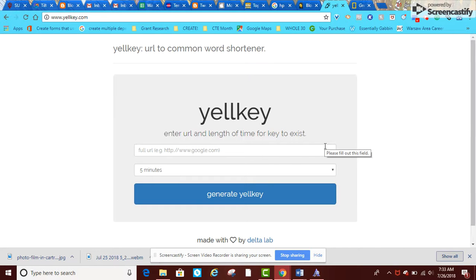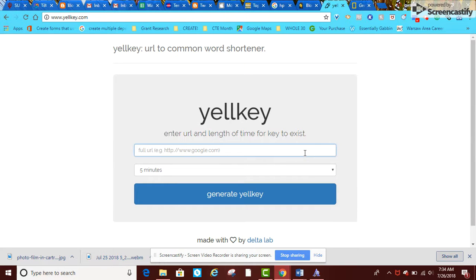So I was doing some work with my second grade students the other day, and I had a need to give them a website that I wanted them to go to because we were learning all about sharks. And for second grade, it's very difficult to have them type something into Google, especially if it's any length. So I wanted them to go to National Geographic Great White Sharks, but that's very difficult for second graders to